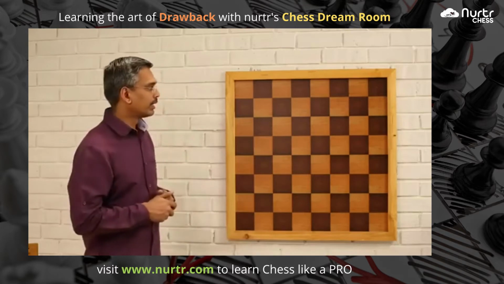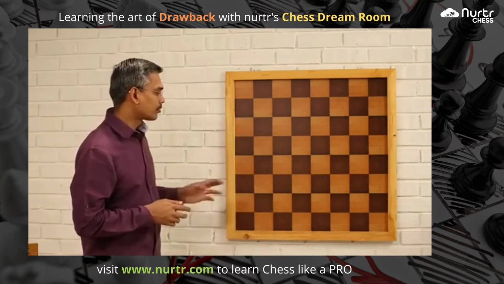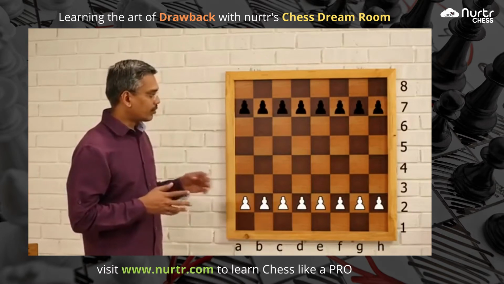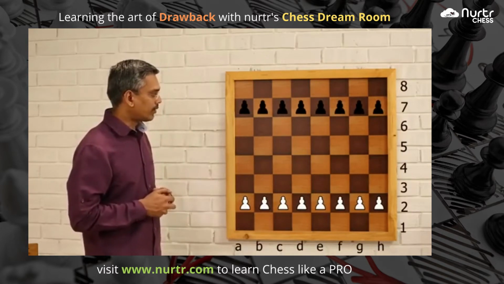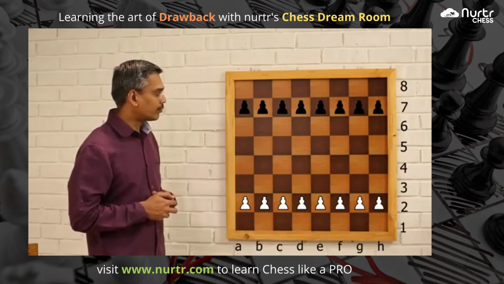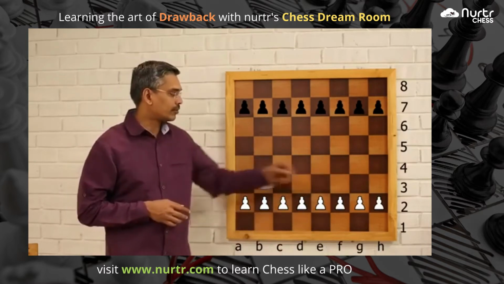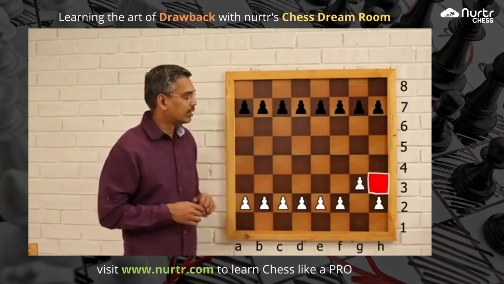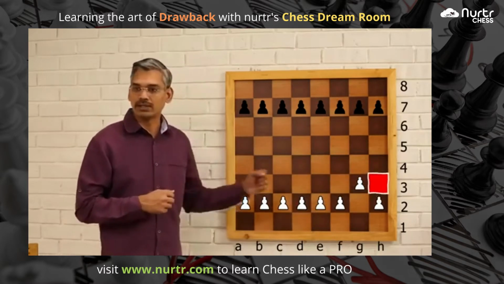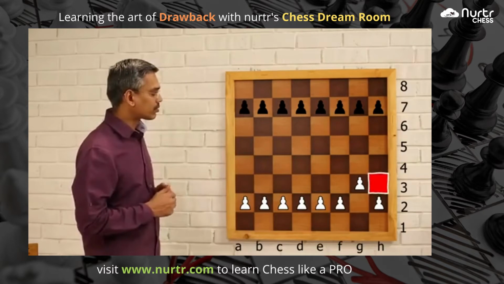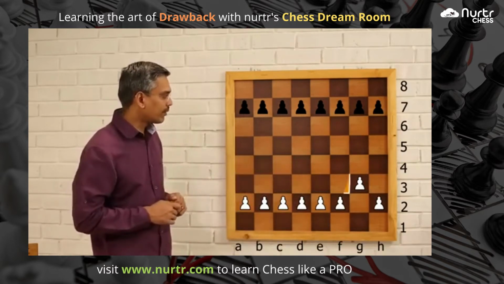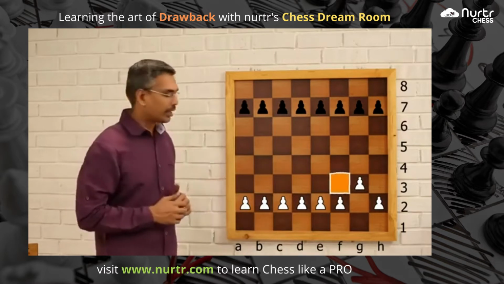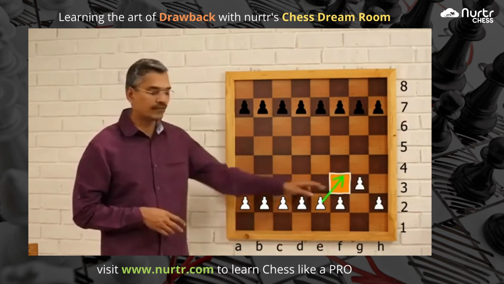So let me explain with a simple example. So let's bring the initial position on the board. Now I am going to show how to identify the drawback of a pawn move. Now let's say white plays the first move g3. Now what happens, the square h3 has become 100% weak. There is no pawn control over that square. But the square f3 has become 50% weak because the pawn on e2 is still having some control, but it has become 50% weak.